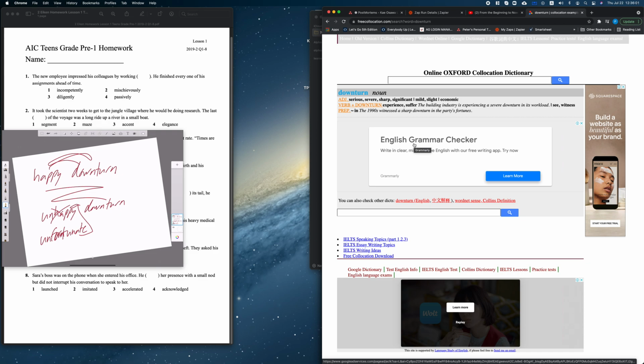It's not that you're going to teach them every single collocation in the English language. You want to draw their attention to the fact that some words have limited collocations. For example, verb plus downturn: experience a downturn, suffer a downturn. And downturn in something. Now, it doesn't say noun here, but I would definitely add downturn in the economy. Downturn in stock performance, maybe. It all tends to refer to economic things. So anyway,